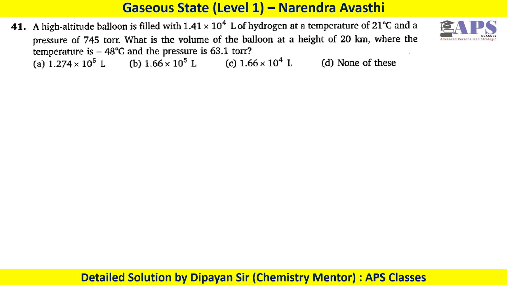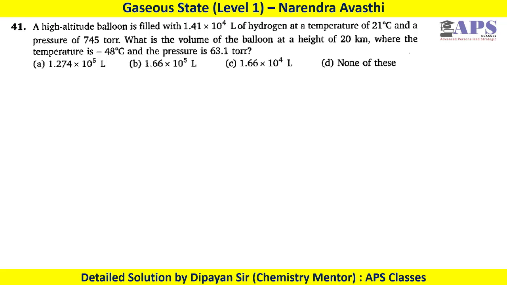In question number 41, a high altitude balloon is filled with 1.41 × 10^4 liter of hydrogen at a temperature of 21 degrees centigrade and a pressure of 745 torr. What is the volume of the balloon at a height of 20 km where the temperature is minus 48 degrees centigrade and the pressure is